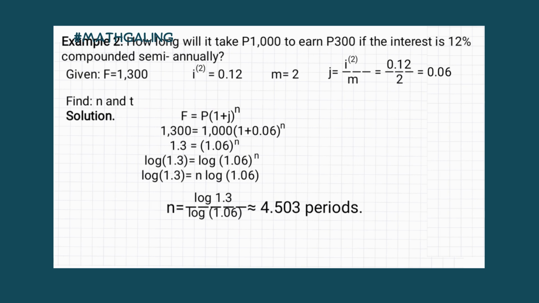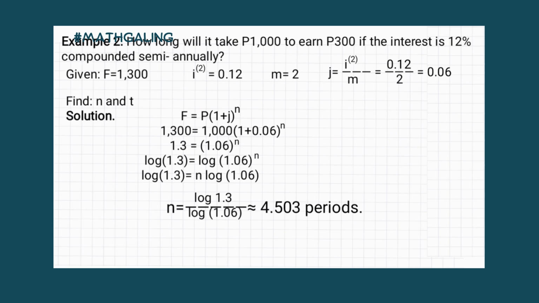So logarithm of 1.3 is equal to logarithm of 1.06 raised to the power of n. So logarithm of 1.3 is equal to n logarithm of 1.06. So n is equal to logarithm of 1.3 over logarithm of 1.06